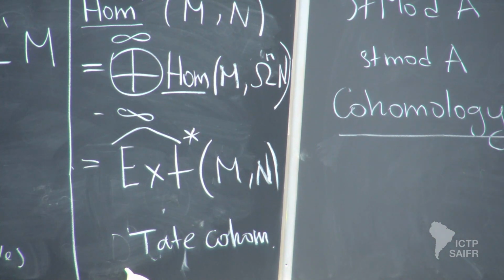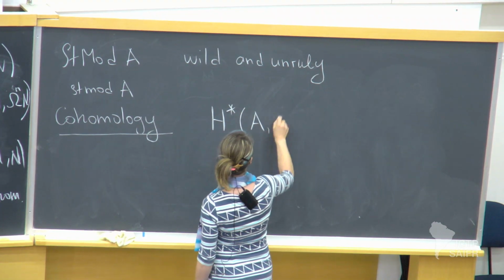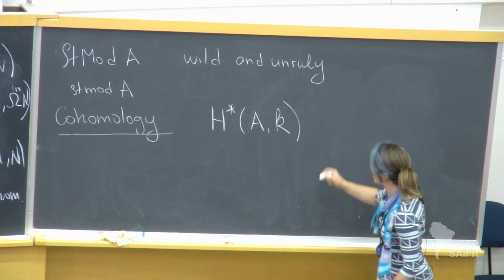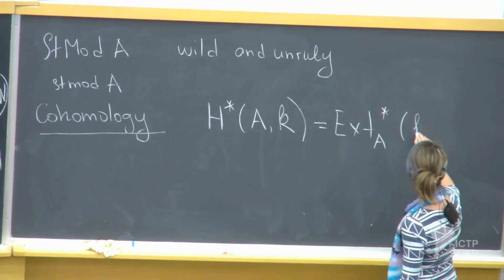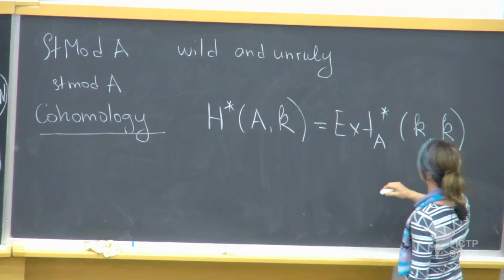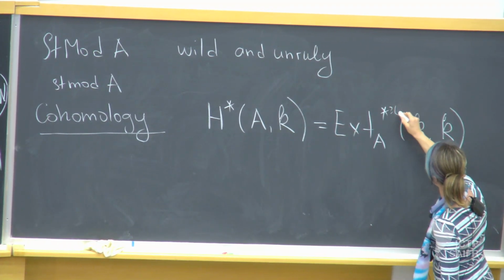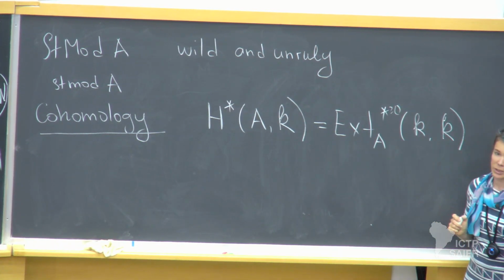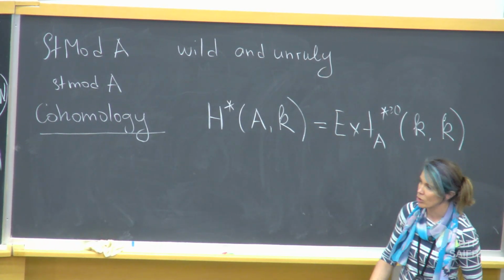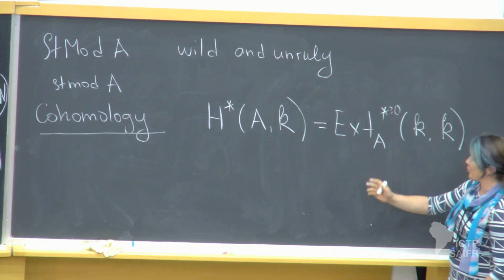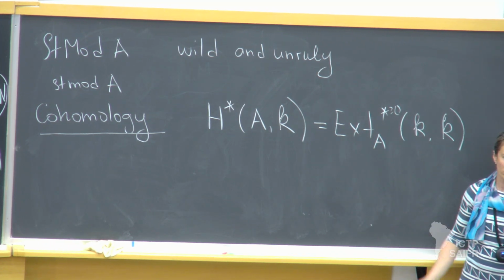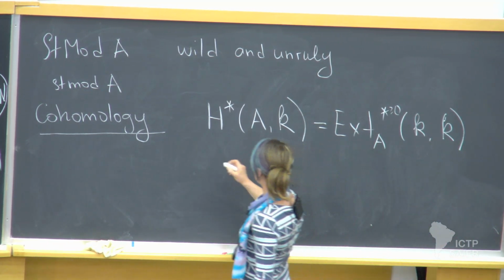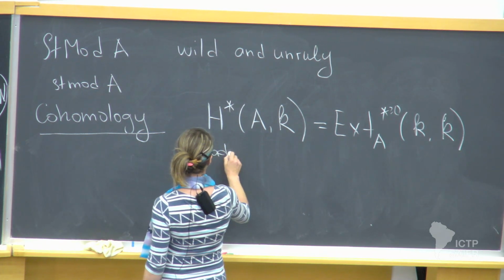So cohomology comes in. And now I want to look at cohomology of just my Hopf algebra with trivial coefficients. Again, k is a module for A. So here I'm thinking positive degrees of the trivial module with itself. Right? I can't even forget about the stable module category, even though it's natural to compute it there. I have my abelian category with enough projectives. I can compute derived functors of Hom. So that's Ext. This actually is a graded commutative algebra because A is a Hopf algebra.